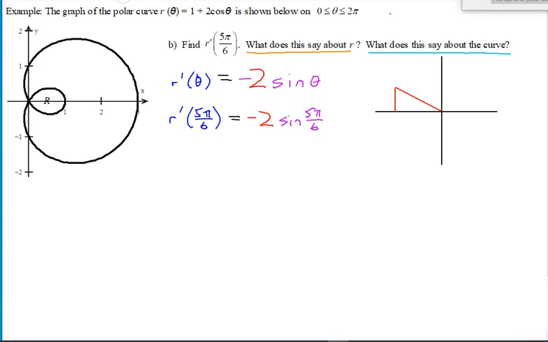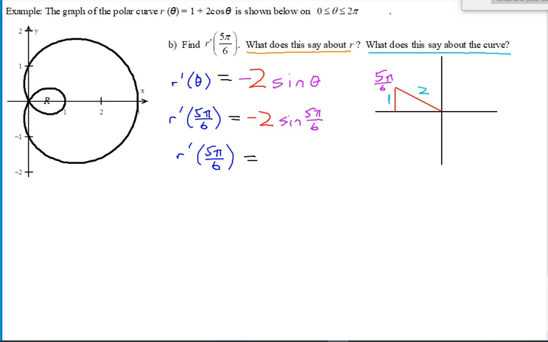And then we have to find the sine right there. So 5 pi over 6, pi over 6, the reference angle here, same as 30 degrees, so the opposite is 1 of the 30 degrees. Hypotenuse is 2, so that would be 1/2. So r prime, 5 pi over 6,